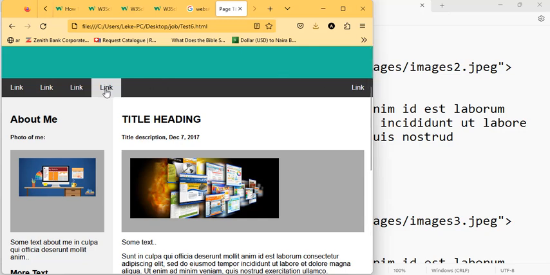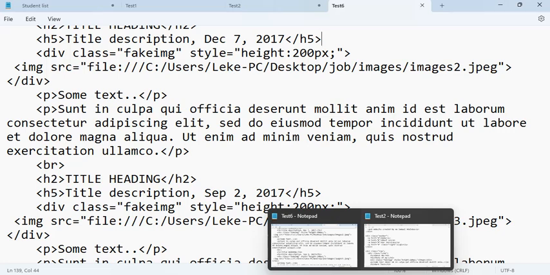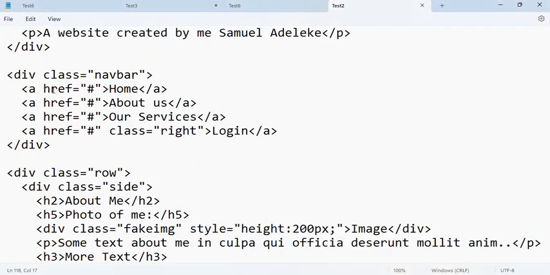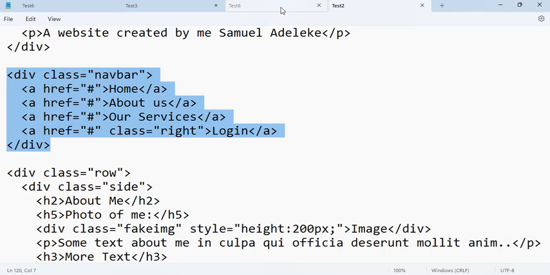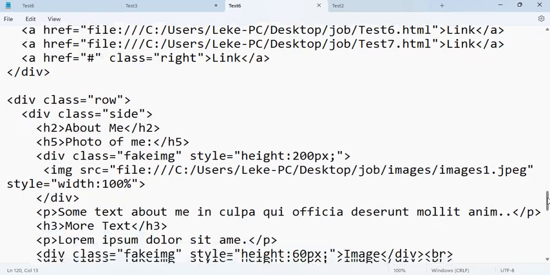Now let's deal with the link. I did the link under text 2. Let me look for that text 2. So I did the link here. Let me copy this. I want to copy that, so I can now complete